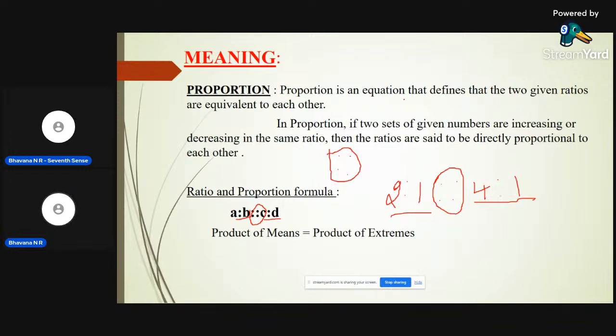Proportion is an equation that defines that two given ratios are equivalent to each other. Both the ratios must be equivalent to each other. In proportion, two sets of given numbers are increasing or decreasing in the same ratio. So it should be increasing order or decreasing order. So if it is increasing order, then it should be